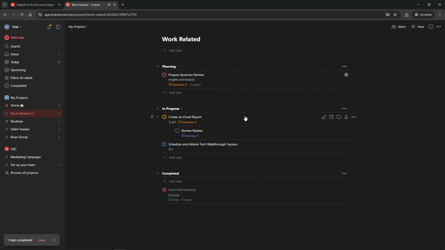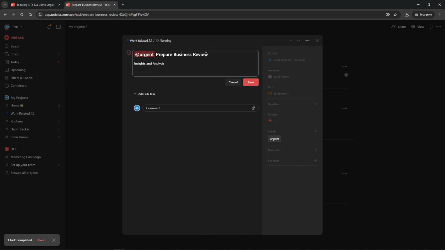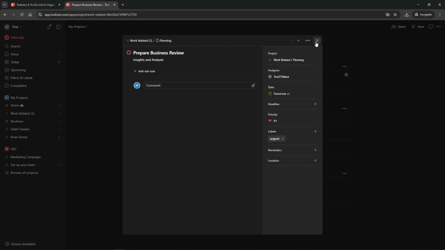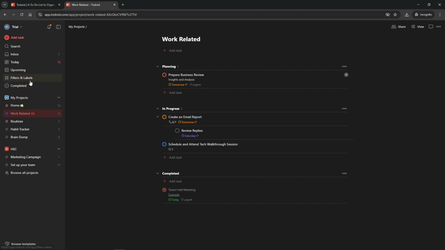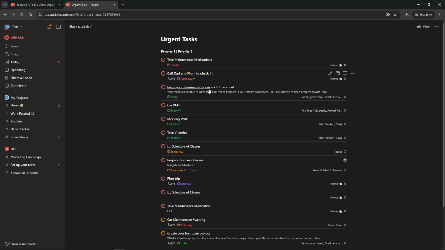no-brainer. While sections help you organize things efficiently, consider using labels to add another dimension of detail. Labels can indicate priority levels, responsibility, or other criteria that might be useful for quickly surfacing vital tasks. To make things even smoother, take advantage of Todoist's filter feature. This allows you to locate tasks across multiple sections and projects based on labels or other criteria you've set up. Filters provide a focused view, letting you cut through the clutter and get to the heart of your task list